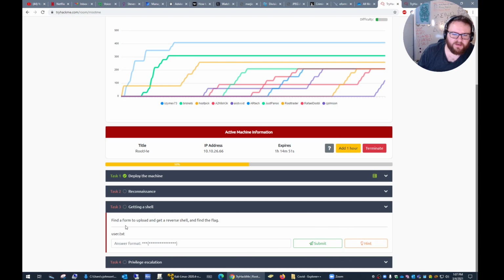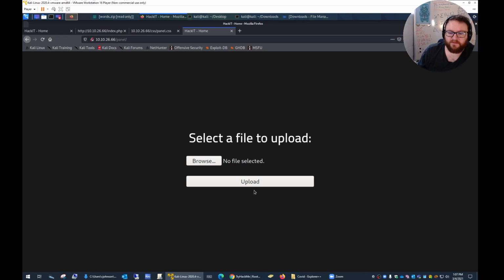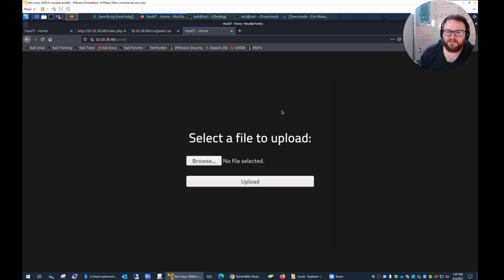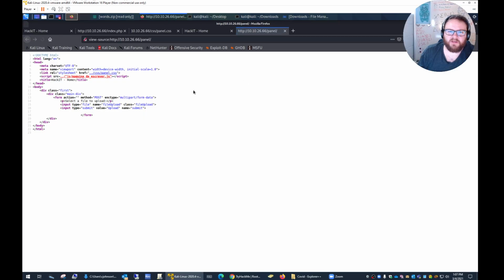All right, so now we're going to be looking for a file user.txt, find a form to upload, and get a reverse shell. Okay, so we actually do have an upload form here. Let's see what we can do. Yeah, okay, so we do get our open interface when we do this. Let's view the source on this page and see what we're working with. Let me see, here we go, no. Let's see, multipart form data. Okay, so we were running Apache